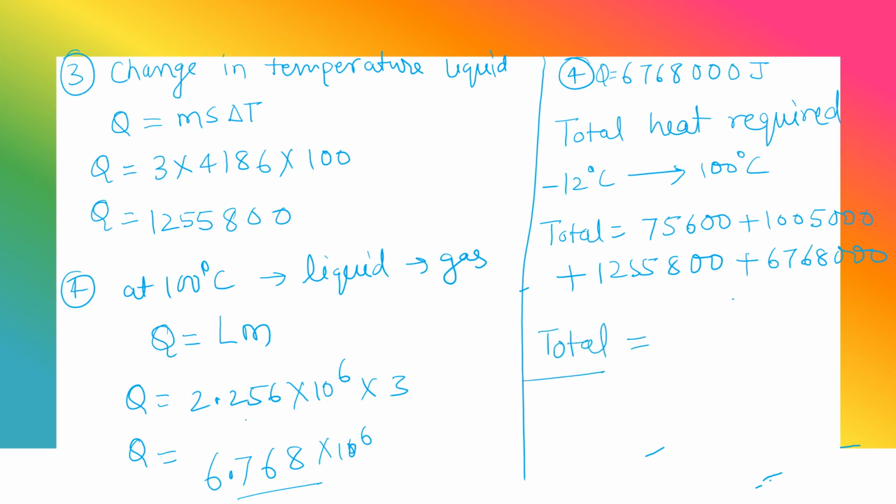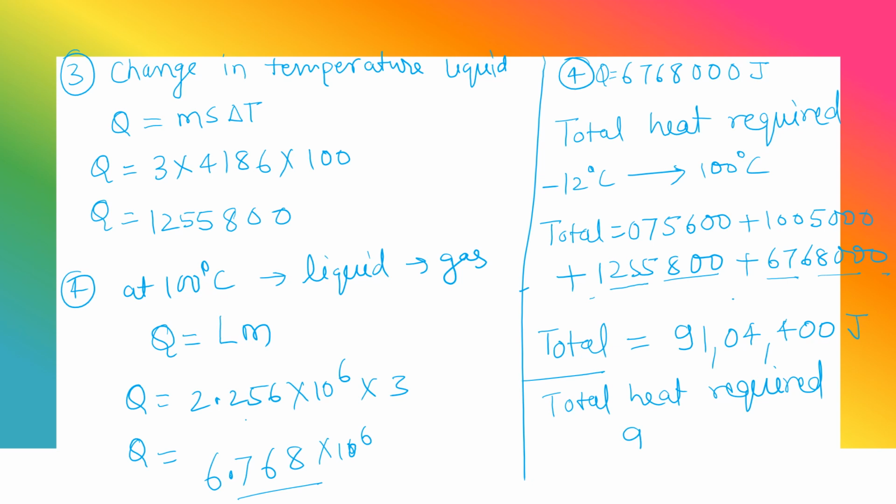If you will add this, then total would be how much? You can use the calculator or something, you will get 9104 and 400 joule. This is the total heat. So total heat required is 9104,400 joule. So I hope you understood how we can solve the equations related to specific heat capacity and latent